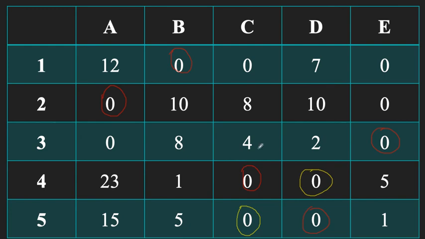I mean to say the rest will remain the same, and we are going to calculate. That is, salesperson 1 will get district B, salesperson 2 will get district A, salesperson 3 will get district E, salesperson 4 will get D instead of C now, and the fifth salesperson will get C instead of D, right?